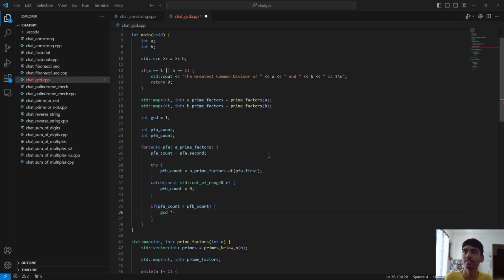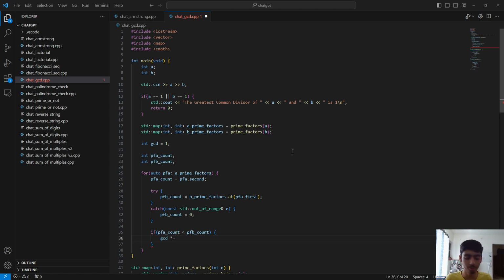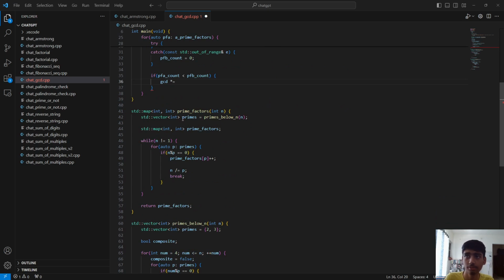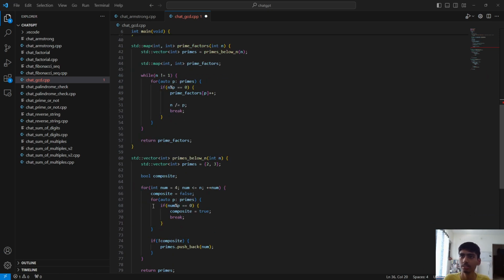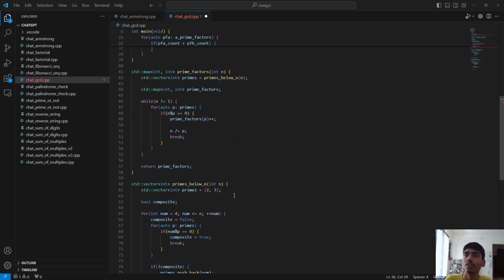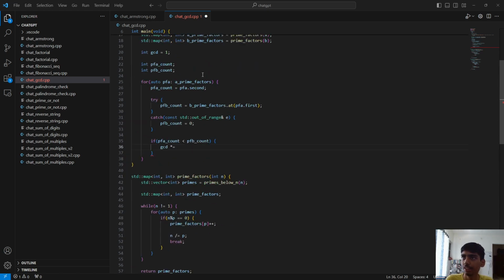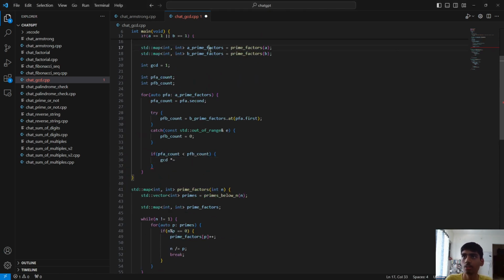So we're doing this GCD problem. My idea was that we take the prime factorization of both of the numbers and then try to match them. Both numbers' prime factors will be paired, and we'll know what the GCD is from that. So just to check if I'm correct or wrong, to find the prime factors of a number,